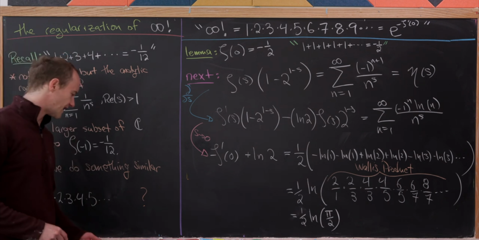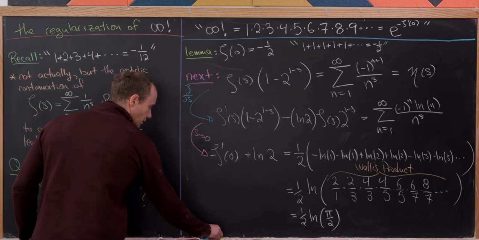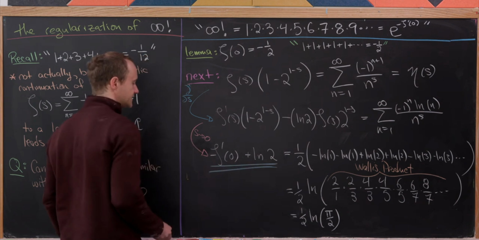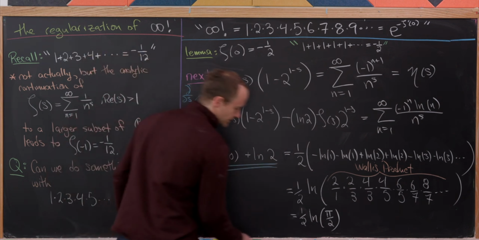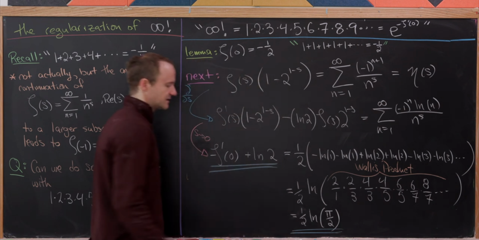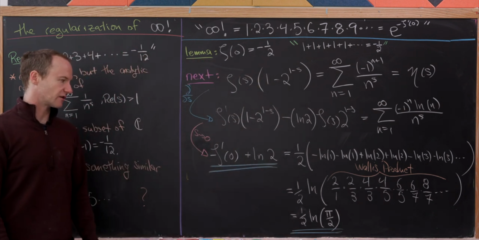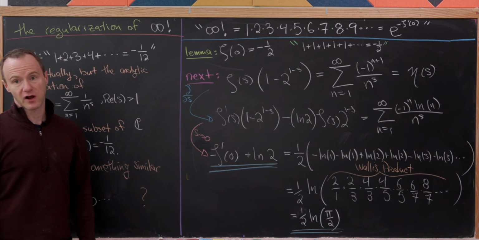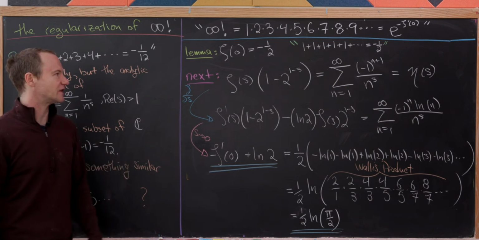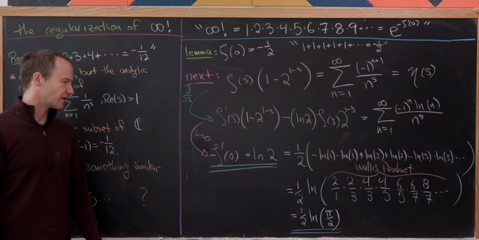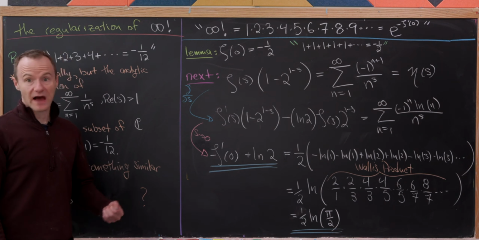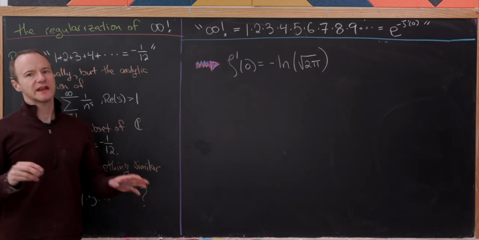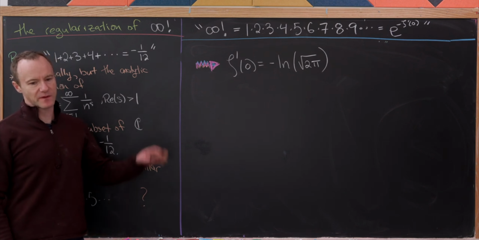So let's observe what we have here. We've got this expression over here that involves minus zeta prime of 0. And then we've got this thing over here, which has a natural log of pi over 2. So from here, you can solve for zeta prime of 0. Maybe I'll leave that as a tiny homework exercise. We'll start the next board with the value of zeta prime of 0, and then we'll finish this whole thing off. Okay, so solving that equation that we set up on the last board, you end up with the following expression,